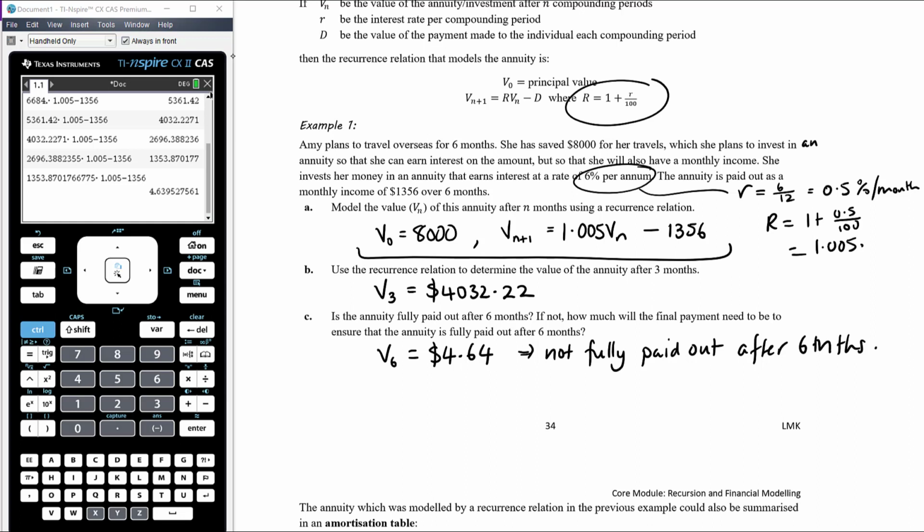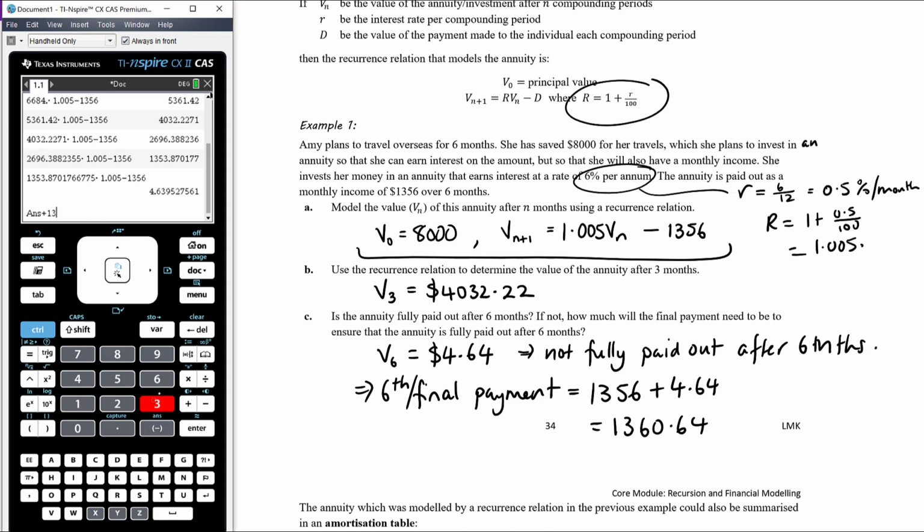So this means that the 6th and final payment, instead of just being the regular $1,356, it'll be that plus this extra $4.64 that's sitting there. So that's going to be $1,360.64. If you need to use your CAS, adding that 1356 onto your previous value, $1,360.64. So she will withdraw her investment by withdrawing 5 payments of $1,356 and then an extra payment of